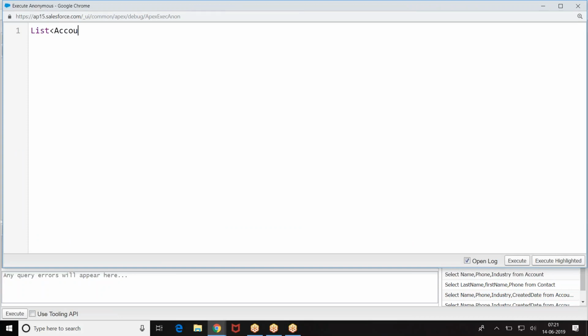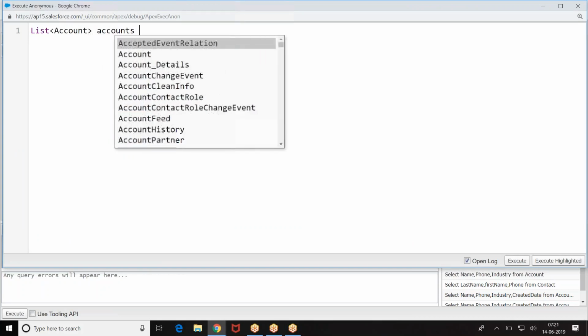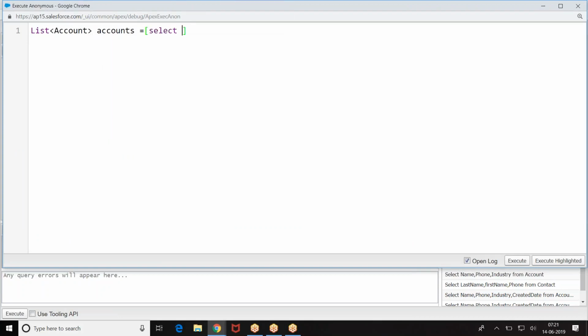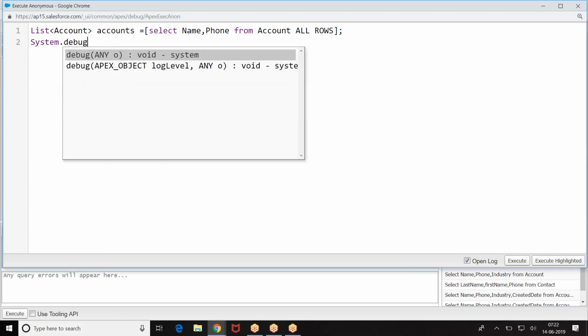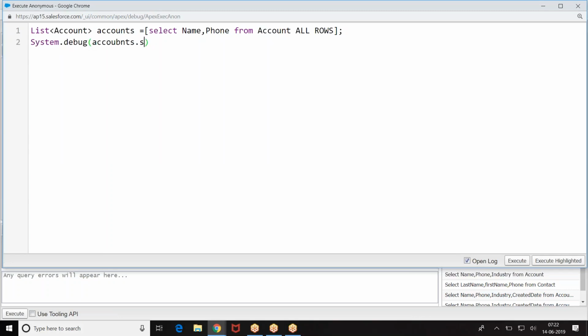List of Account, all, dot debug, account dot size.